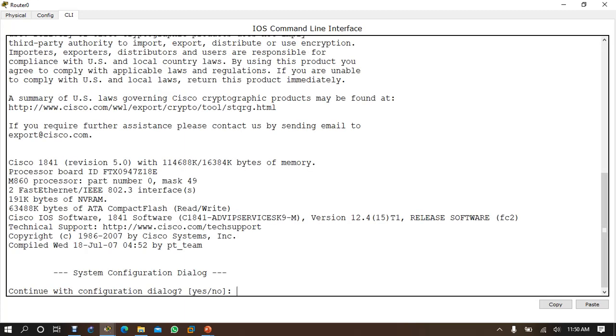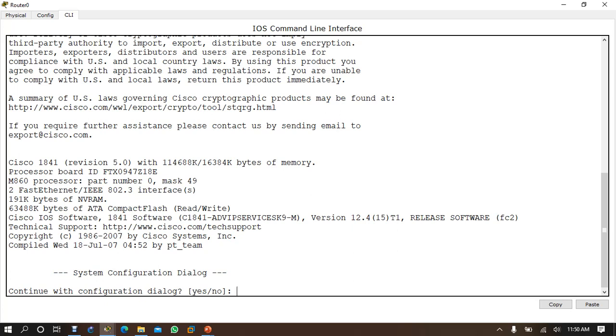This router is new, right? It came to the system configuration dialog. Cisco has built in a kind of template, in case I'm a new user and don't know the router. It asks whether you want to configure this router with the dialog box or template.